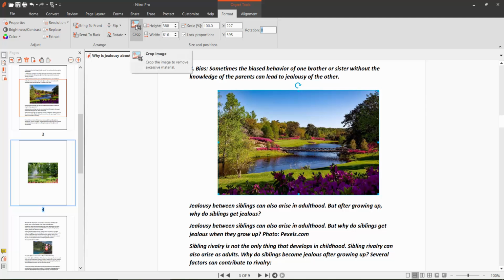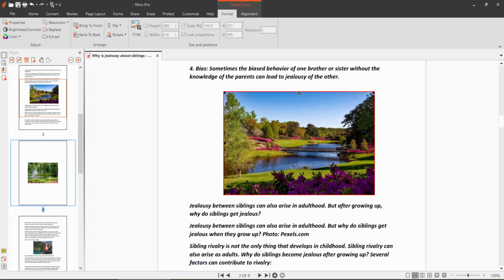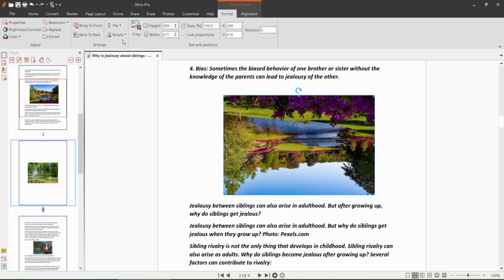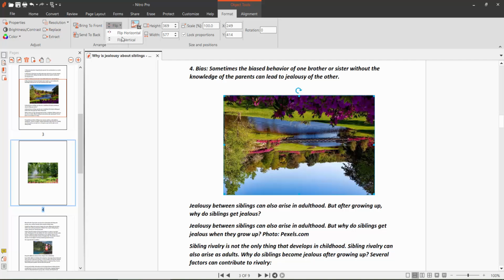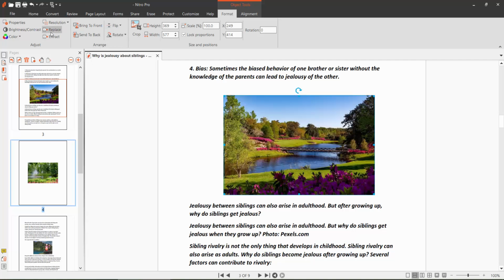Also you can crop this image, click here and this crop tool and this one also, and see this, and you can crop and click here and see this. And also you can mirror this image vertical and see this horizontal and so on. And also you can replace this image, you can say this image